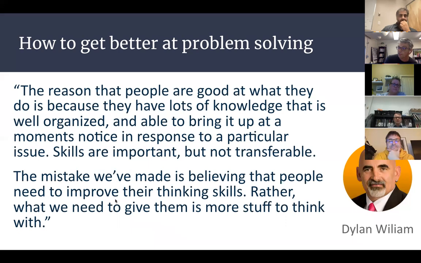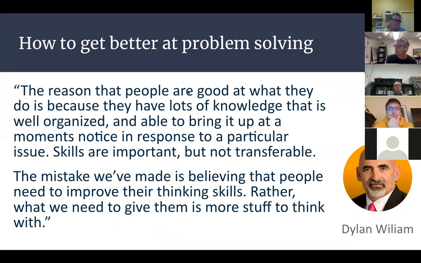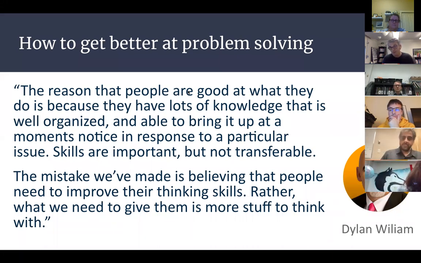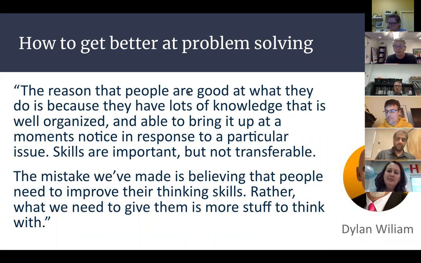The mistake that we've made is believing that people need to improve their thinking skills. Rather, what we need to give them is more stuff to think with, more cognitive material, better schemas, better understanding, better conceptual understanding. So if we want kids to get better at problem solving, what this theme of cognitive science is saying is we actually have to have them build up more rich bases of background knowledge that are well organized around conceptual understanding, not more opportunities to just practice problem solving in a general